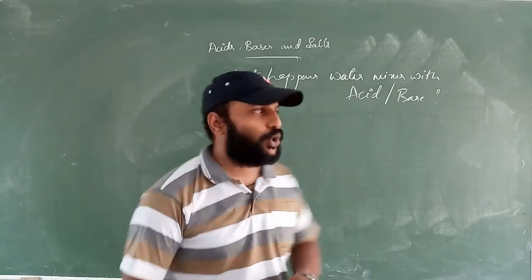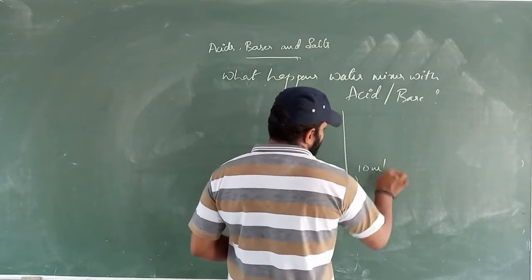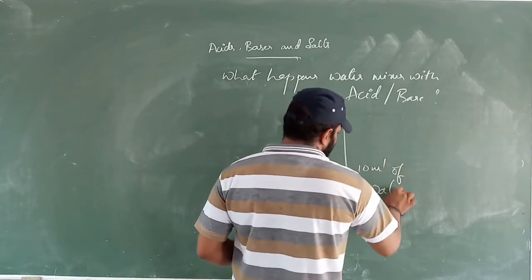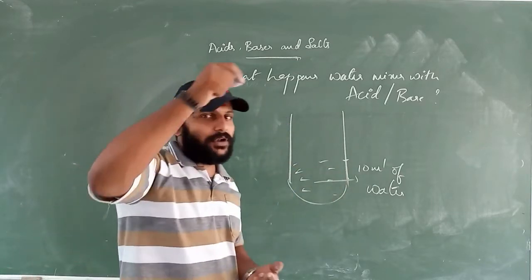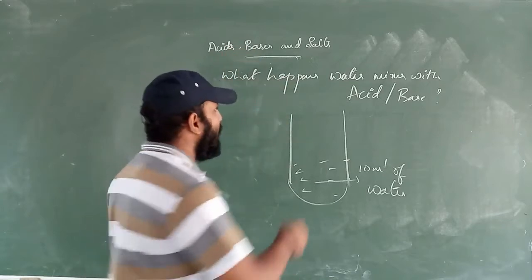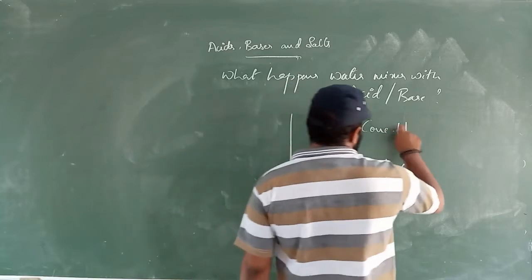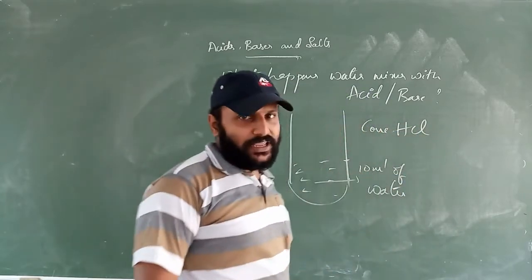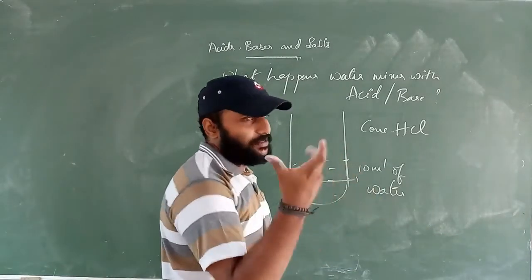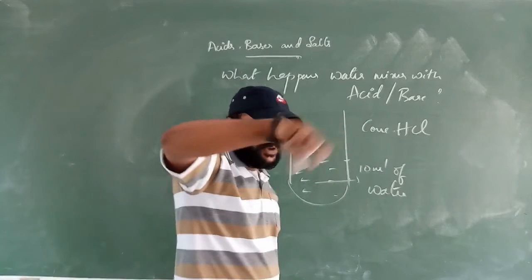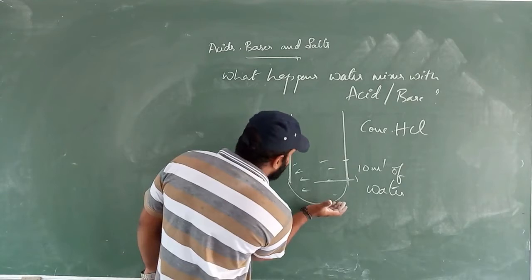So here what we will do, we will take one test tube and add 10 ml of water in it. Into it we will slowly add acid, concentrated HCl or sulfuric acid. Very slowly we will be adding it. At this time we will be swirling the test tube. After that, when you touch the bottom of the test tube, we can